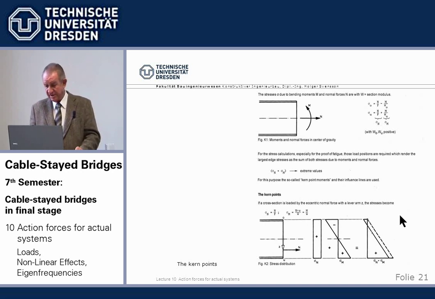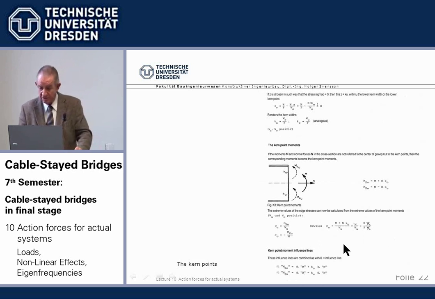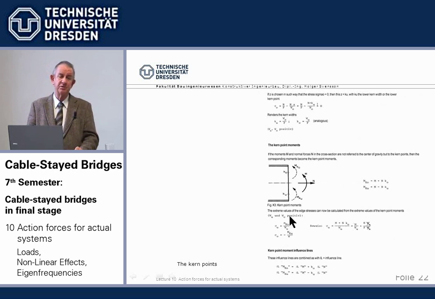And if we now say, okay, my governing position of this normal force is that where on the one side the stress becomes zero, and on the other side, well, logically maximum stress, then we call this distance what is called here Z, or Z in American, we call the Kern width, which gives us zero stress at one time and the maximum stress at the other side. And so this Kern width we call K